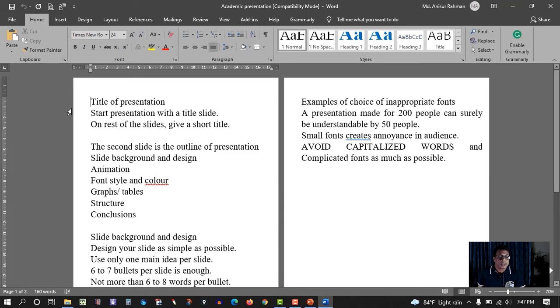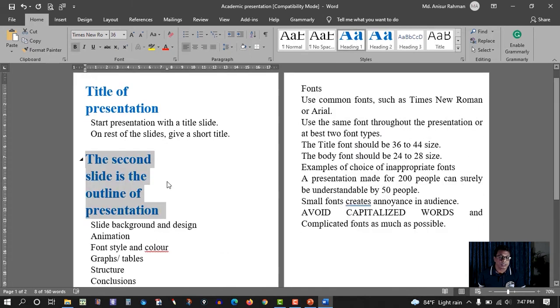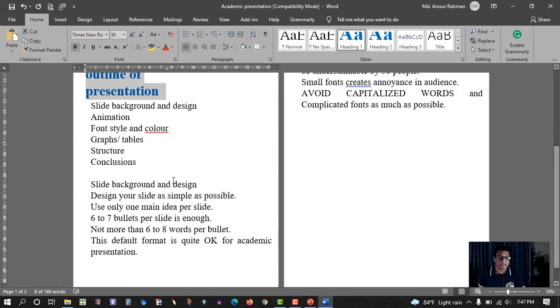So here you have to select two types of heading. You have to select your title in heading 1 like this.